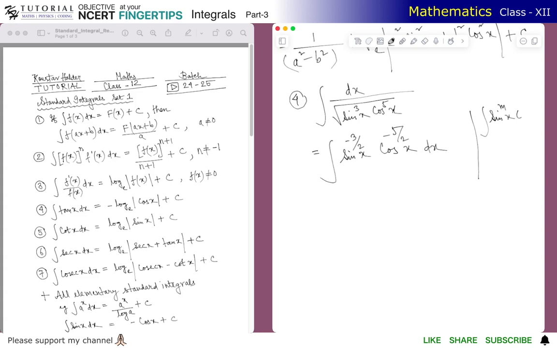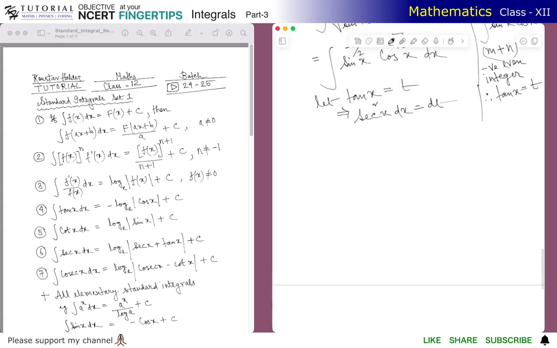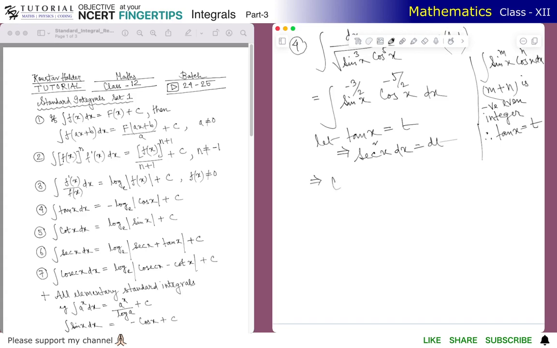I am writing the concept used. m plus n is a negative even integer, therefore we substitute tan x equals t. So do the substitution, let tan x equals t. This implies sec square x dx equals dt. This implies dx equals dt. Therefore, the integral becomes,